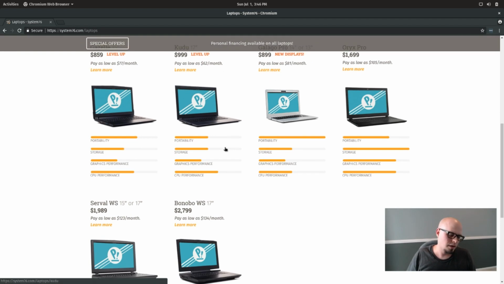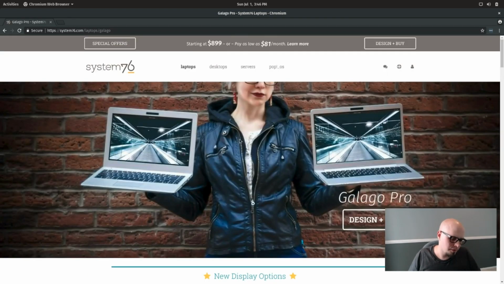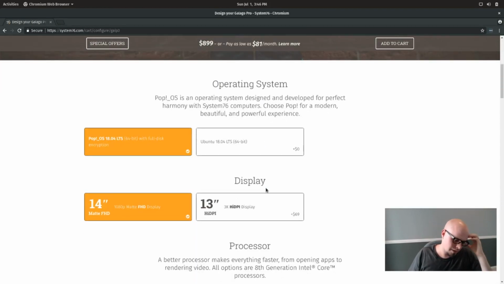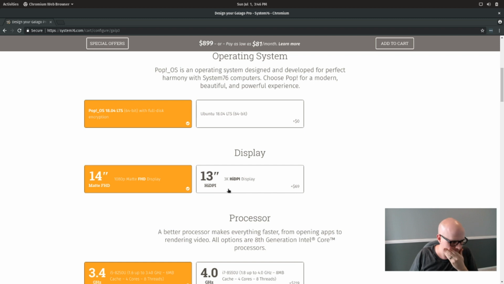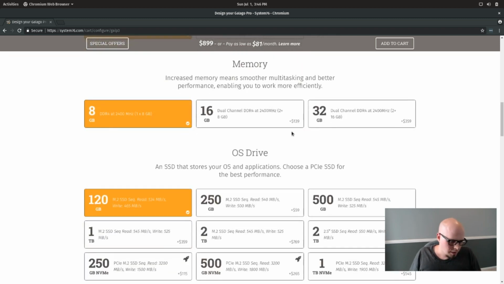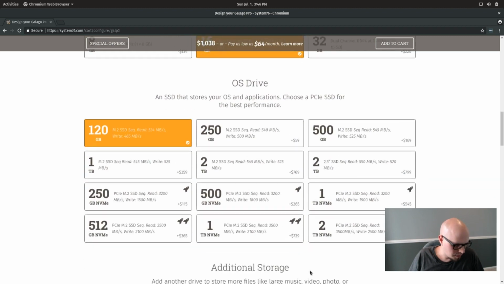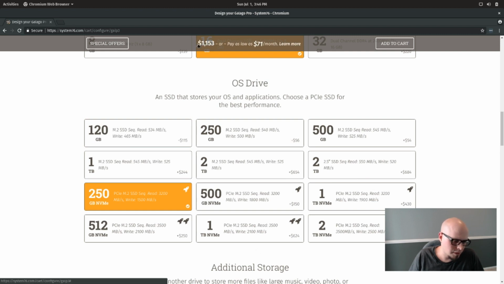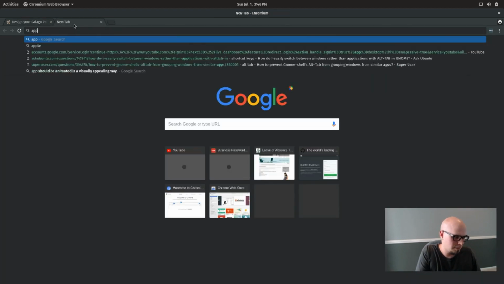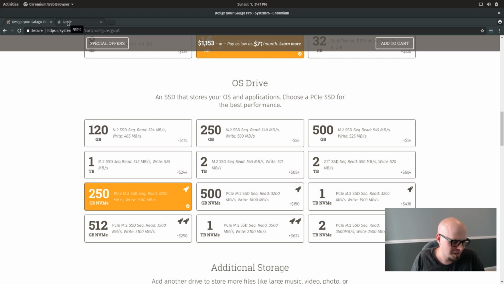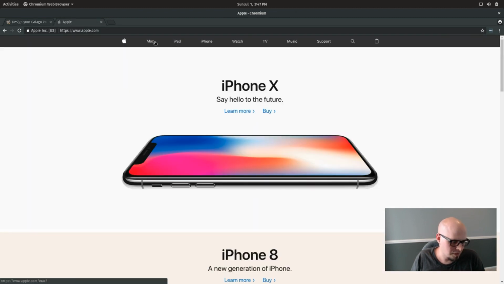So the Galago Pro, if you look at this, and if I were to set one up, let's say I wanted a normal dev machine, I'd probably want 16 gigs of RAM, and an NVMe drive. Those two things I think are important. So we're looking at $1,153. If I went to Apple's website and you were willing to spend $1,150,